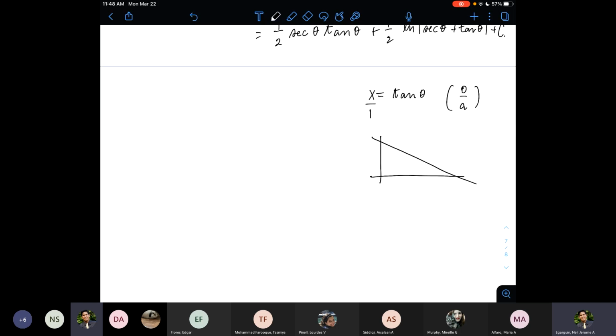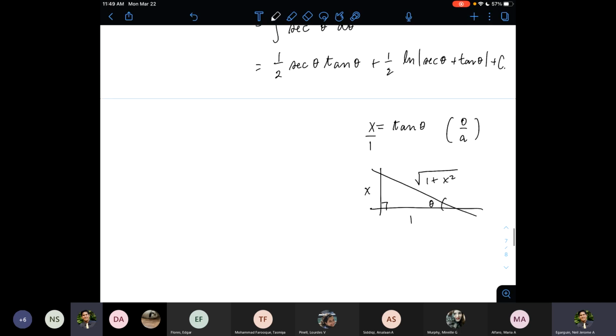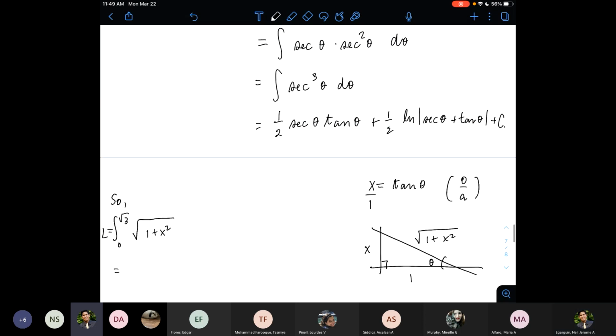So if theta is here and the right angle is over here, opposite theta, x should be here, 1 should be here, and the hypotenuse is the square root of 1 plus x squared. So the integral from 0 to root 3 of the square root of 1 plus x squared, which is actually our arc length, is equal to